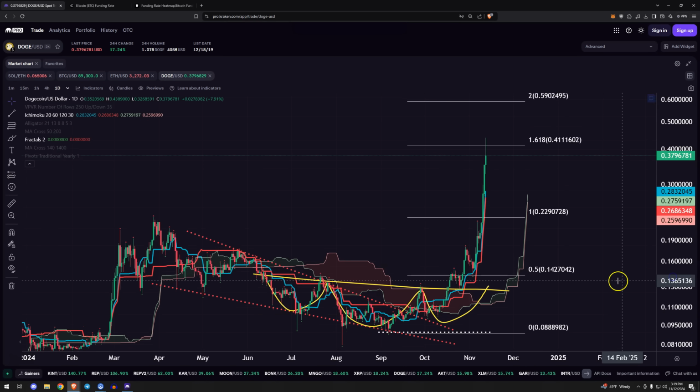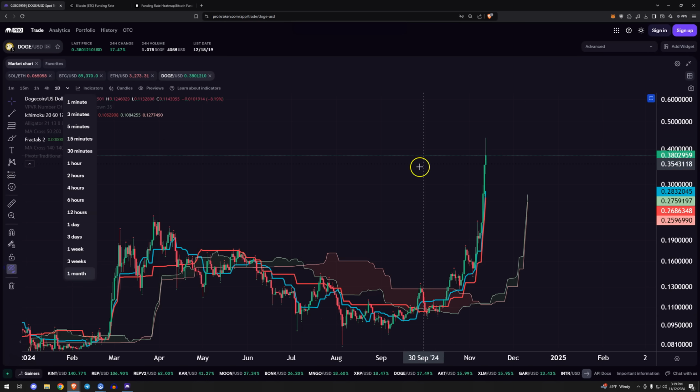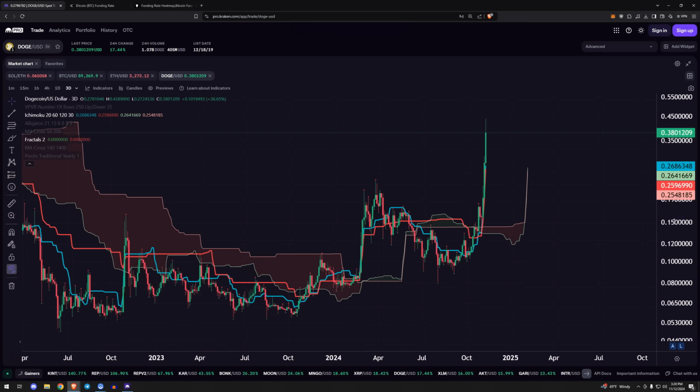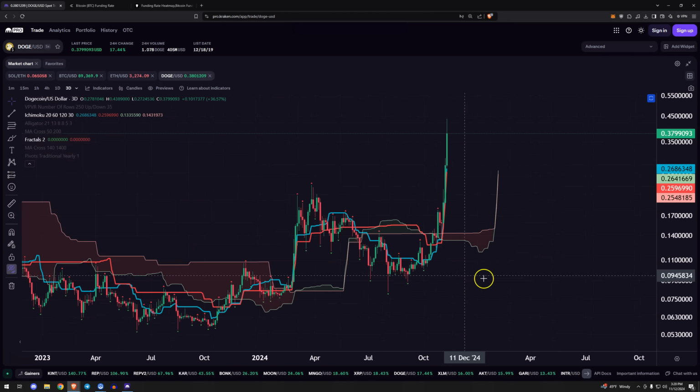So Doge feels very overheated, very parabolic to me. I don't know if this is going to collapse. I don't know if it's going to hold. I have no idea. But this chart, I certainly wouldn't want to add to a chart that looks like this. And you're already starting to get this exhaustion wick to the top side there. So I think cycle-wise, the long-term view is, yeah, Doge can go higher. The short-term view is, let's be realistic here. Do we really think this can keep going here? Do we really think it can?